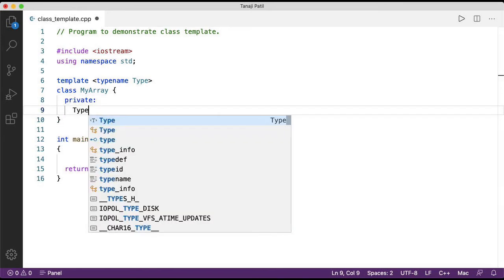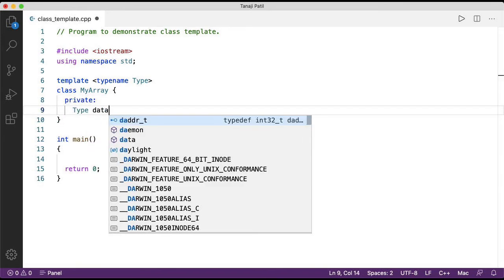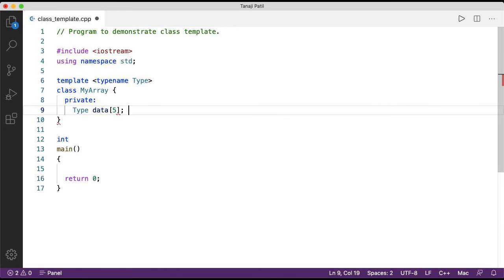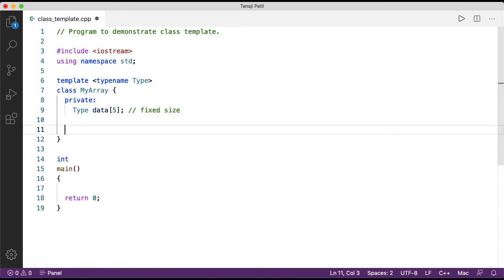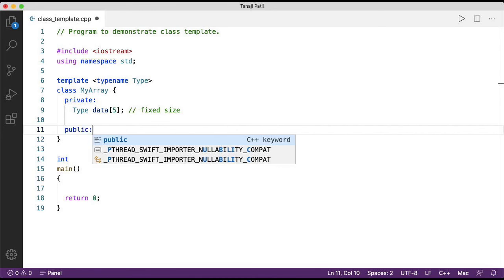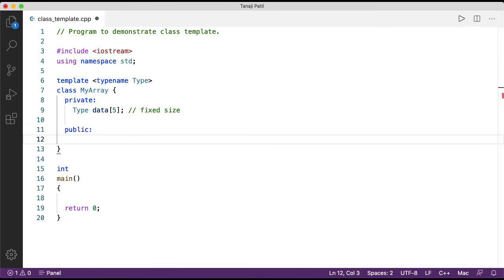Now let me declare one array for the generic data type with, say, a fixed size of 5, and now let me add a few public methods to it.